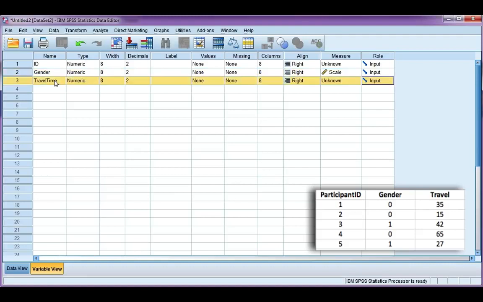Now, there's a couple rules when writing variable names. 1, they must begin with a letter. 2, they cannot contain a space, and 3, they cannot contain any special characters except for an underscore. So for travel time, I could put an underscore in between and that would be acceptable, but I cannot put a space. The second column is defining the type of data, numeric,